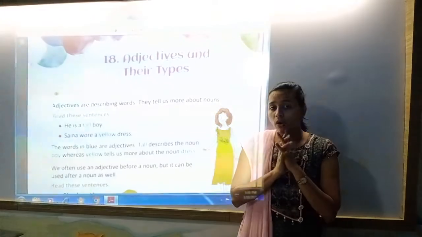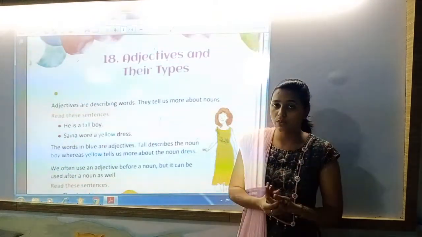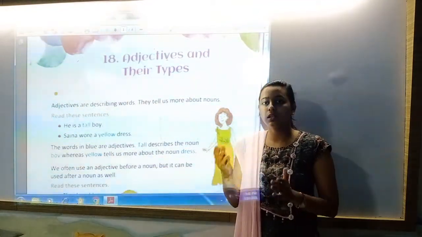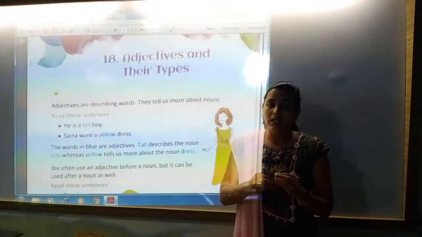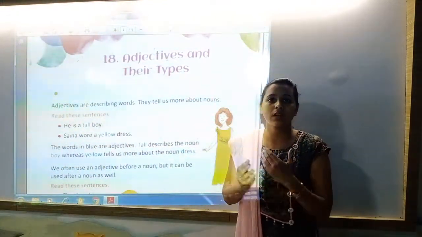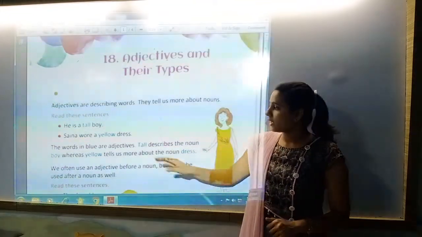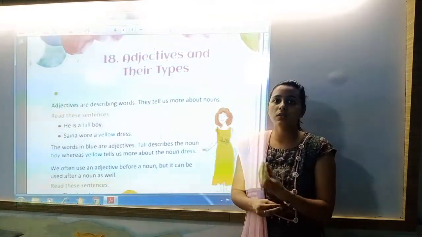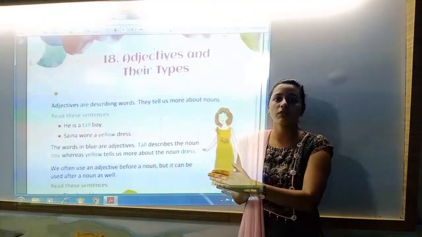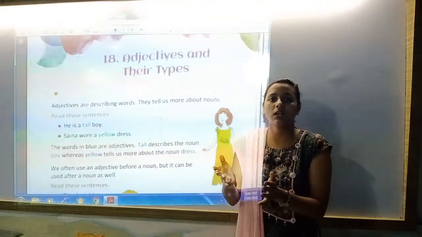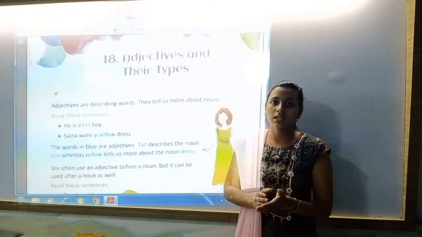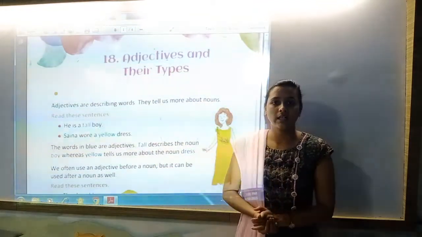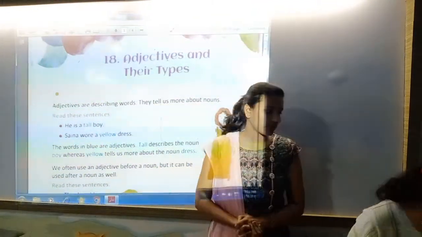Now we often use adjectives before noun, but it is not compulsory that adjective will come before noun. It can be used after the noun. But when we use adjective after the noun, in between noun and adjective there will be a helping verb. And if we use adjective just before the noun, then we will not use a helping verb in between adjective and noun. The sentence format will be adjective and just after adjective there will be noun. If the adjective is after noun, then the sentence pattern will be noun, helping verb and then adjective. Let us see some examples of this.